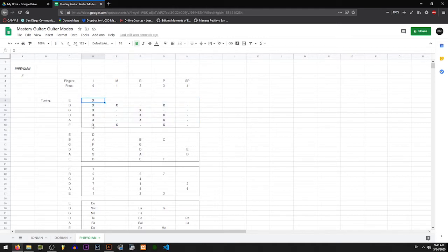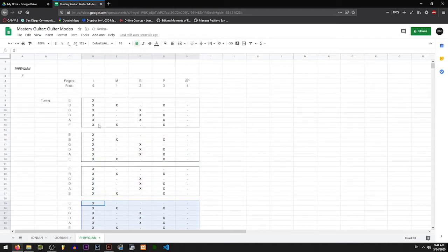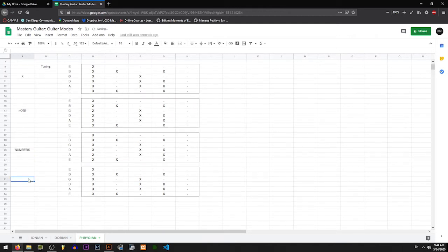So I went through and I reasoned them out note by note. E, F, G, A, B, C, D, E, F, G, and so on. Now that I have this, I need to replace my framework from Dorian. So I'm just going to copy and paste with the X's. And I can do this for every box that I have below. And then everywhere there is an X, I'm going to use whatever the framework is. So if here the framework is X's, and here the framework is note names, and here the framework is numbers, and here the framework is Solfeggio,